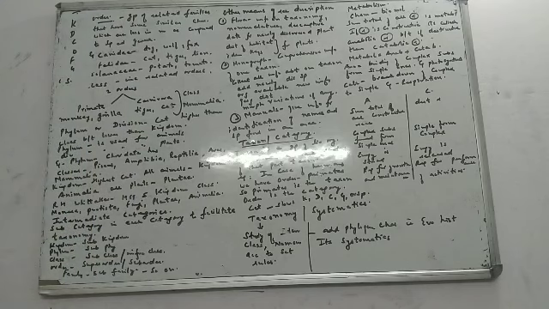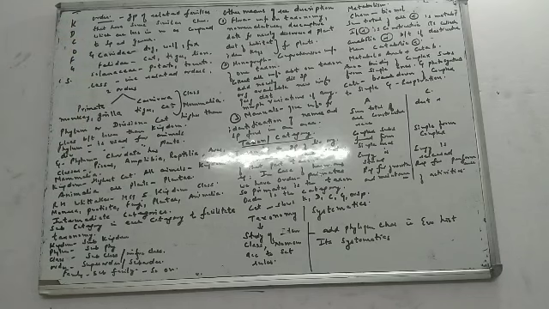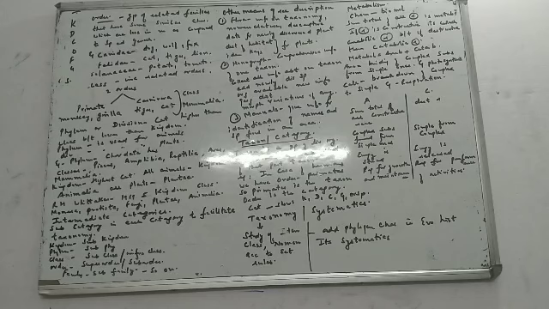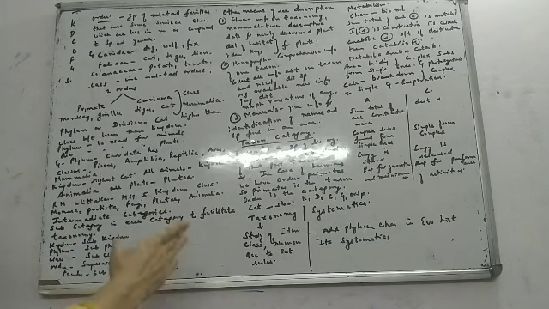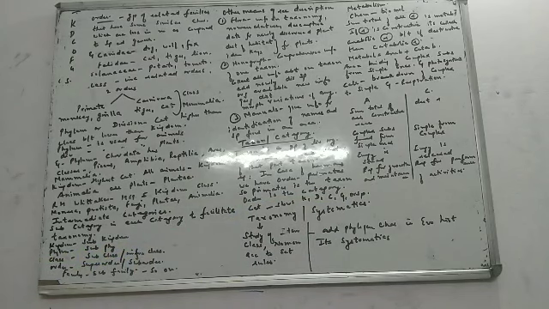Then we discussed three more taxonomical aids: flora, which is generally used for plants. We discussed monograph, which gives you all the comprehensive information about one taxon. We discussed manuals, which give you information for identification of names and species in a particular area. We did the difference between taxon and category. I told you taxon is a group of living organisms and category indicates the rank or the position of that particular group. Then we did taxonomy and systematics. Taxonomy includes identification, classification and nomenclature. But if you add phylogenetic characters or evolutionary history, it becomes systematics.